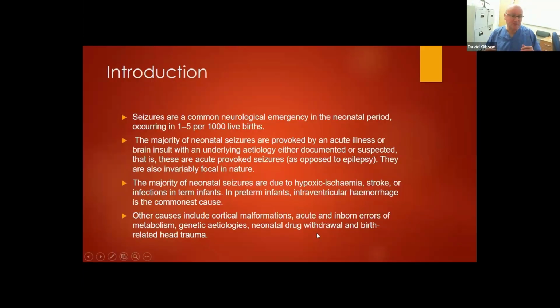To begin by way of introduction, seizures in the neonatal perspective are relatively common. We see them even at district general level a number of times a year, and it's thought that there's an incidence of seizures in between 1 and 5 per 1,000 live births. The majority of neonatal seizures are usually provoked by an acute illness, which I'll come on to in a second in the differential,